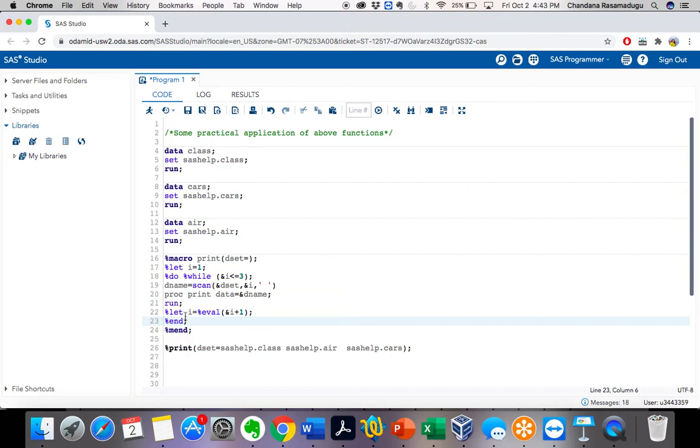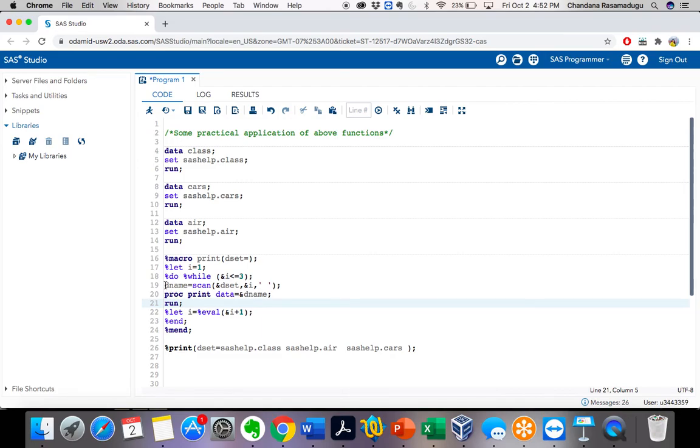Now again what will it do? It will go to the do loop, and now my new I value is 2, right? So 2 is less than or equal to 3, and then it will print the second data set, and then again it will come to the %eval I plus 1. Now my I value is 2, 2 plus 1 is 3, then it will print the third data set. After that it will end the loop because here the condition goes false. So like this, if I have another data set, we can mention that, and I can change this value to 4 instead of 3. Let's execute this and see.